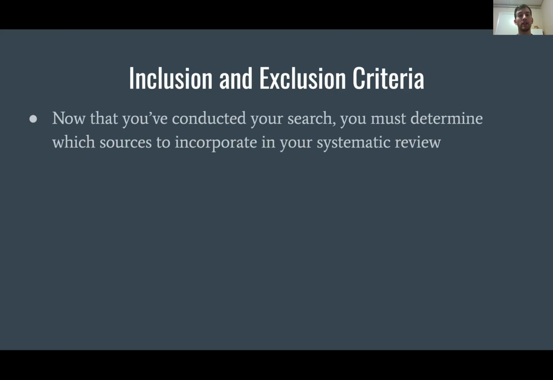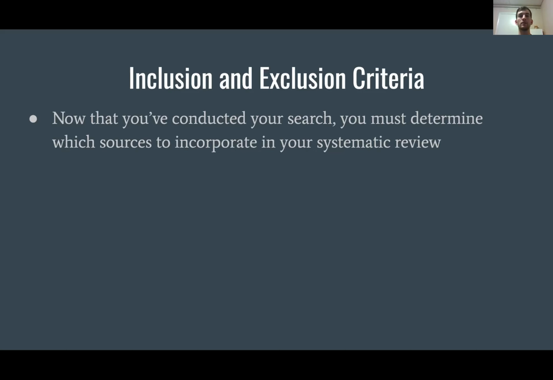So once we've conducted our search and we have this massive list of sources, typically it's going to be a couple hundred. Again, it kind of depends on your topic. Some topics have more literature published on them, so you'll find a ton of articles. Other reviews, you might find maybe 50 articles that are relevant to, or that are even encapsulated in your search. So it kind of depends on how much research has actually been conducted on the topic